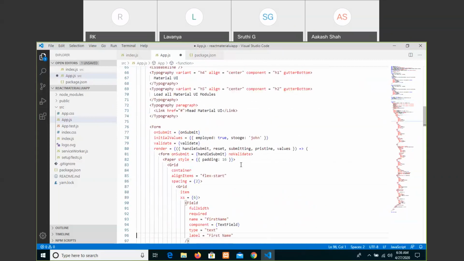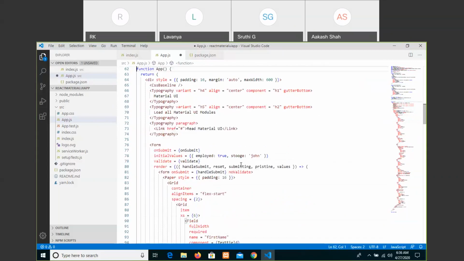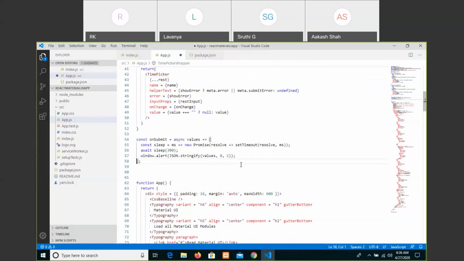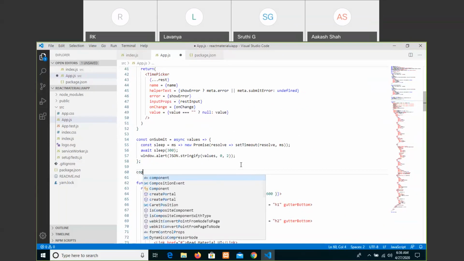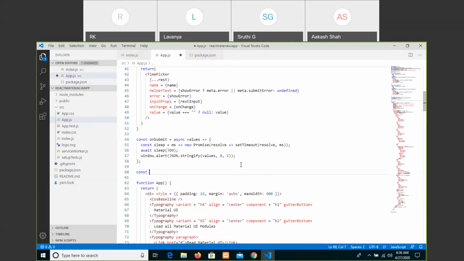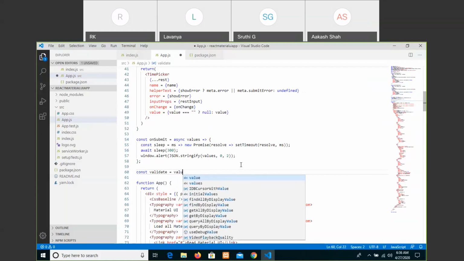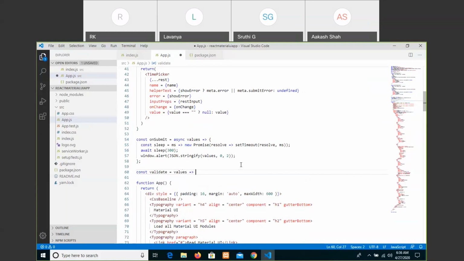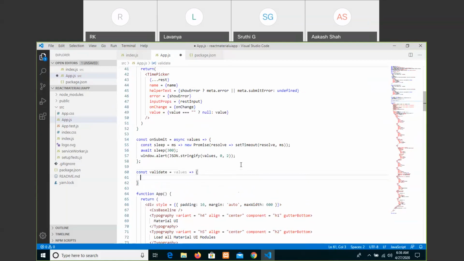Here we have made them required, so let us validate. const validate equals values, const errors.